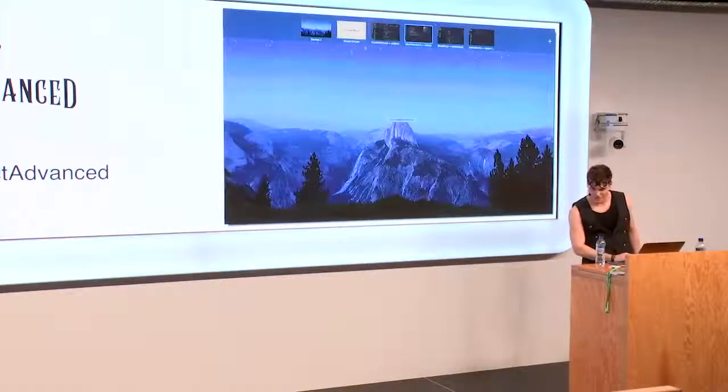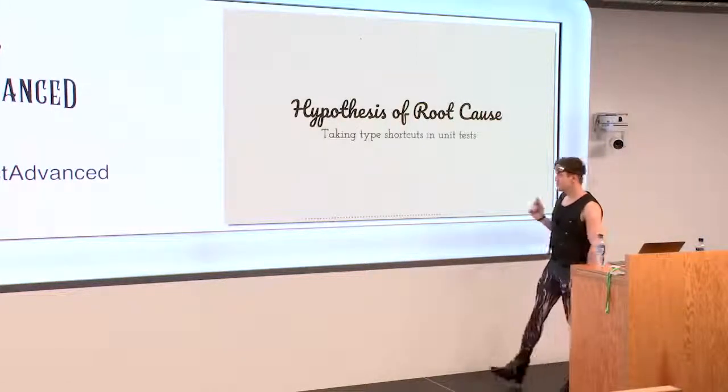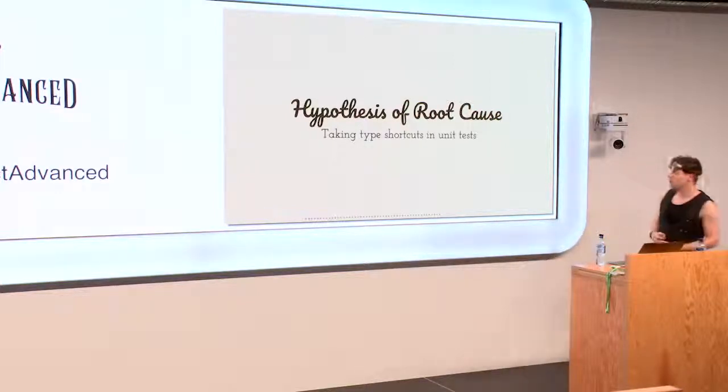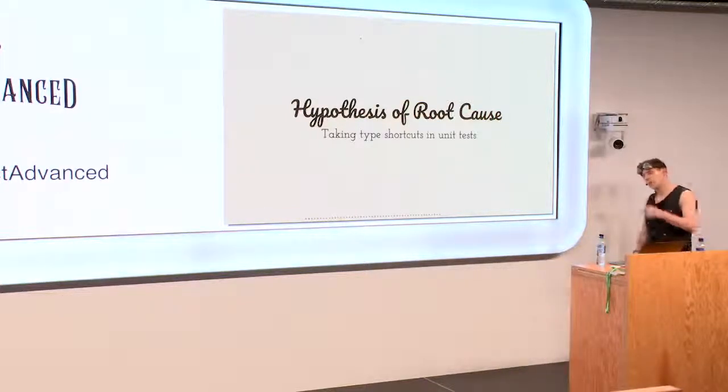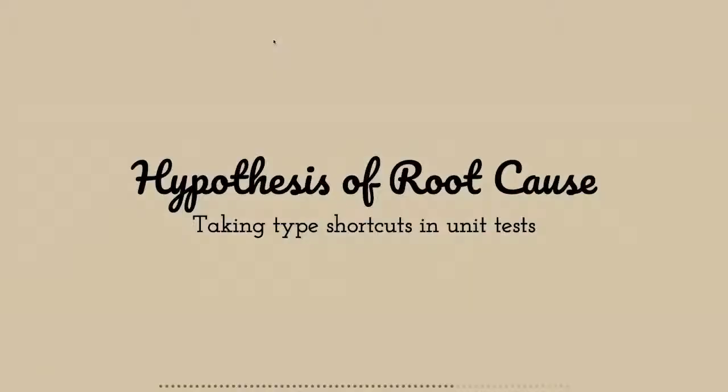Let's go back to the slides. So we had a hypothesis, which is taking shortcuts in unit tests. Yes, now you'll have to write the whole object, which is the cost, but you'll also be testing your code more correctly. Often you find that people will, in their head, say, I know how this code works. I'm just going to put in the few variables I need to make the test go. But it isn't always representative of the final